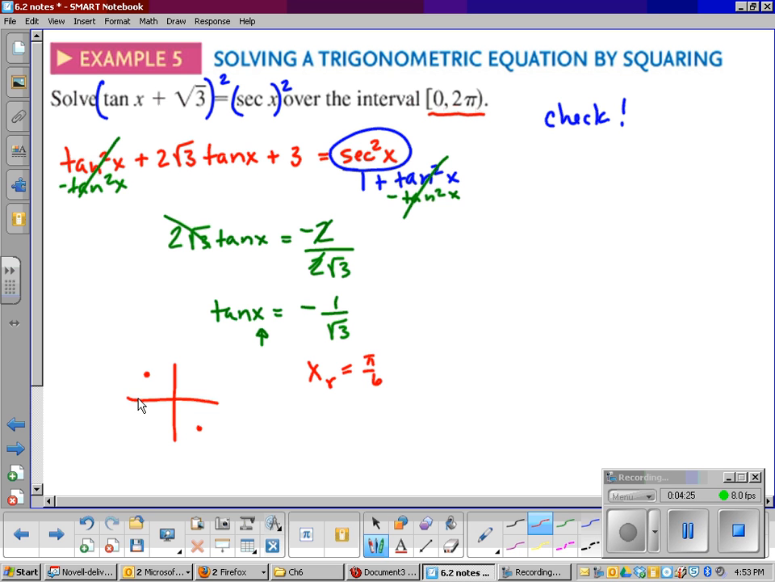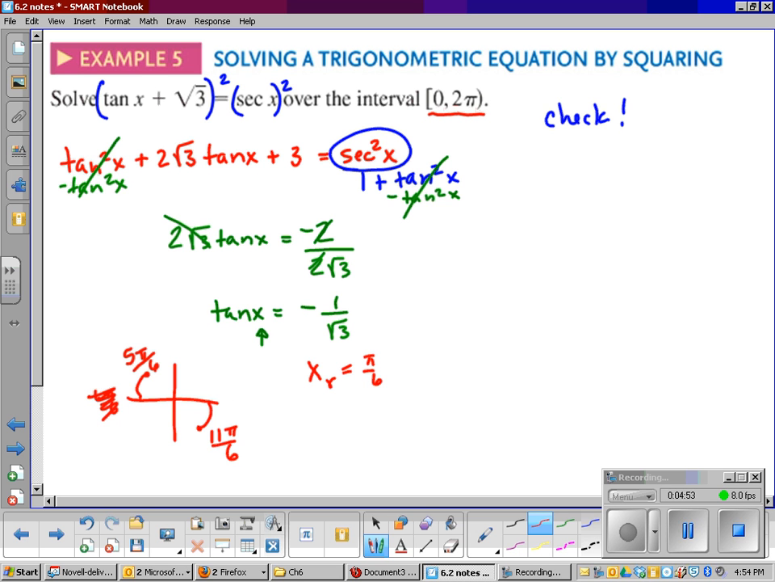But if we have a reference angle of pi over 6 in quadrant 2, that means we're starting at 6 pi over 6 right here. And if you back up 1, you get to 5 pi over 6. So that's one of my possible answers right there, 5 pi over 6. If I have a reference angle of pi over 6 in quadrant 4, 12 pi over 6 would be all the way around the circle, and you subtract 1, you get 11 pi over